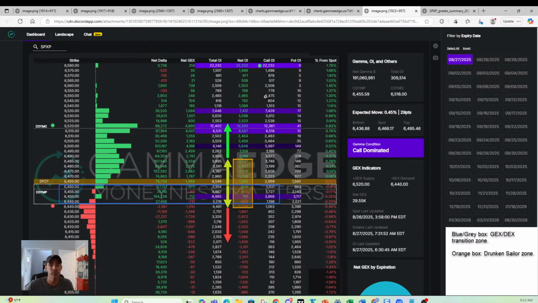All right, let's move on to the 0 DTE structure, SPXP. Orientated drunken sailor range. This is our orange box. We were within that overall drunken sailor range yesterday. It was very choppy. We posted on X multiple times about our intraday volumetrics. If we're within the drunken sailor range, we're really at the mercy of market participants opening and closing individual contracts, and we want to see where that volume is being transacted and the direction that it's also being transacted.